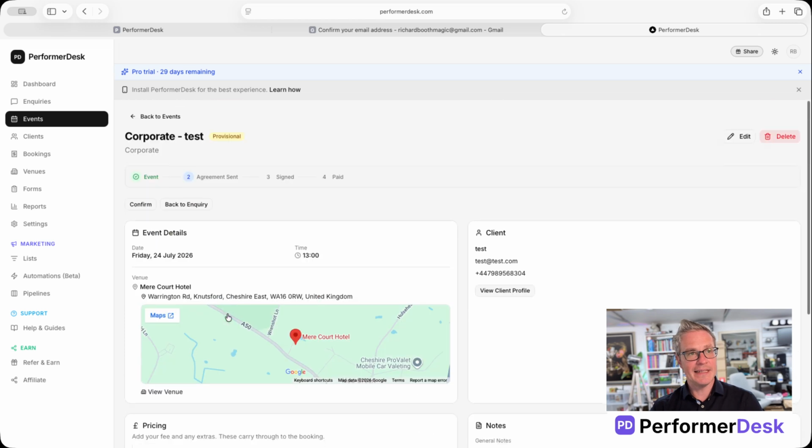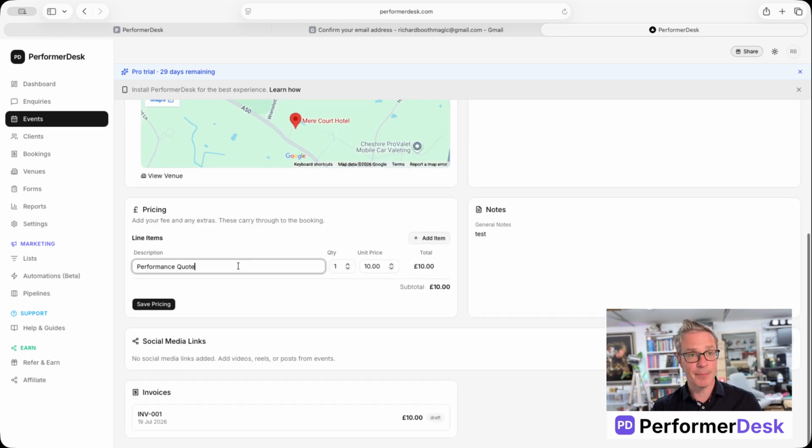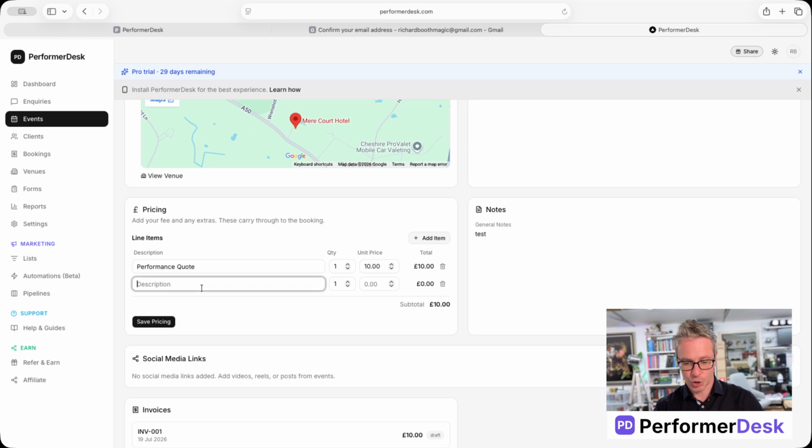Now, you can, in the event, add the pricings to it. So here you can see performance quote. You can change this to close-up magic performance, singing performance, whatever it is, unit price £10. Let's say you want to add another one, travel, £5, that's it. Click Save Pricing, and now you've added an extra line item to the final booking that's going to go out,